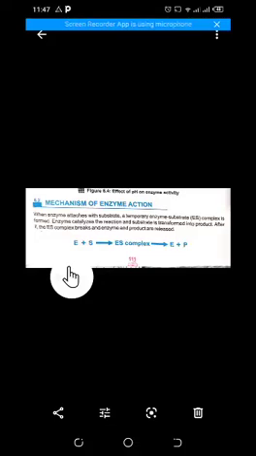My dear friends, today the topic of discussion is 6.2, that is mechanism of enzyme action, and the page number is 111. Okay, what does it mean by the mechanism of enzyme action? How actually does the enzyme work? What is the procedure behind its working?